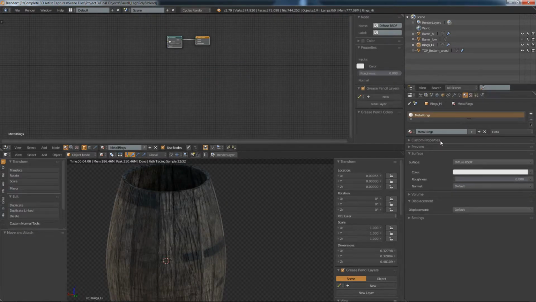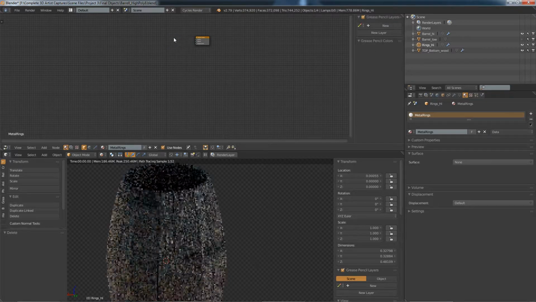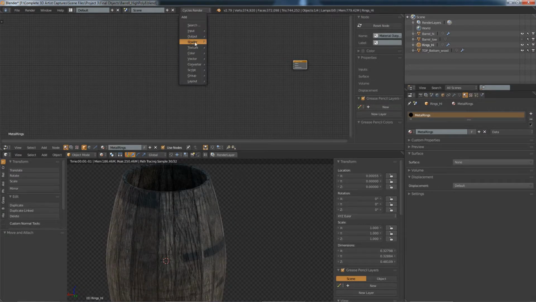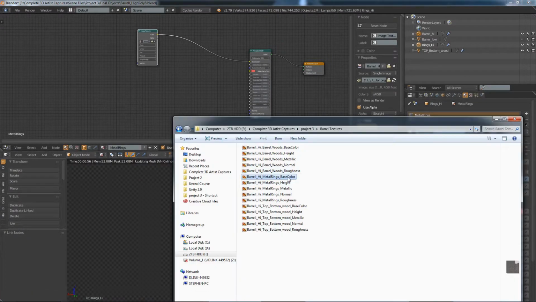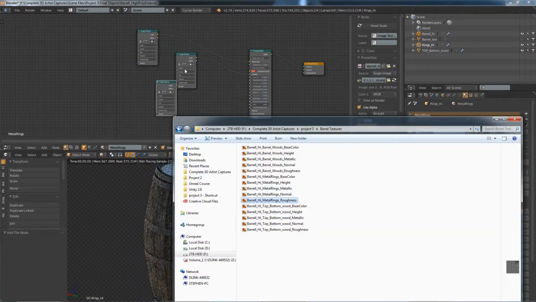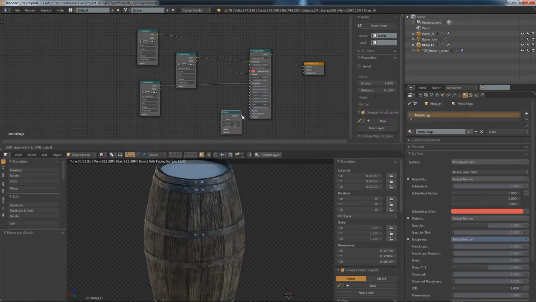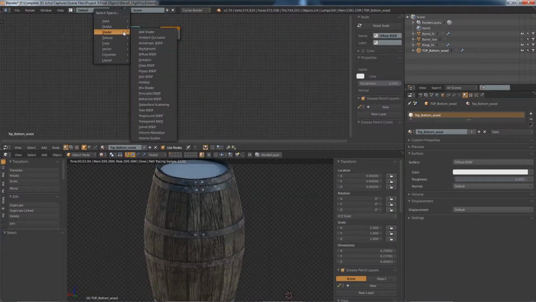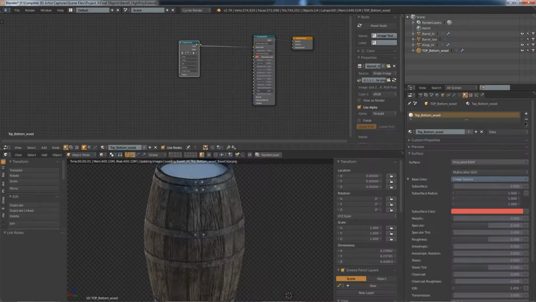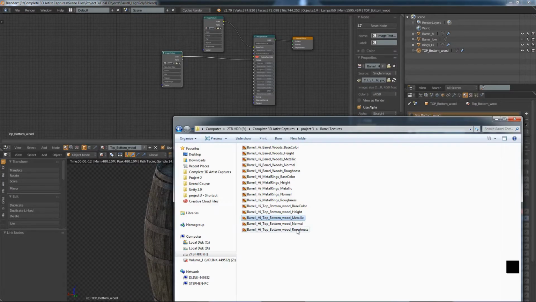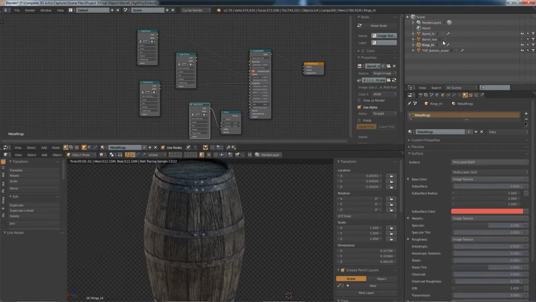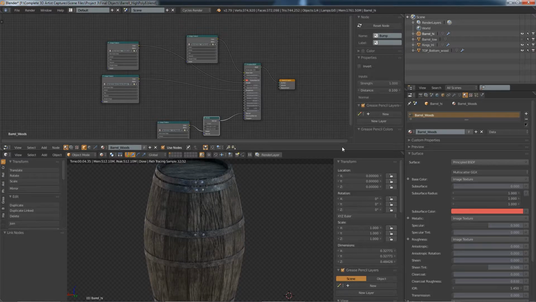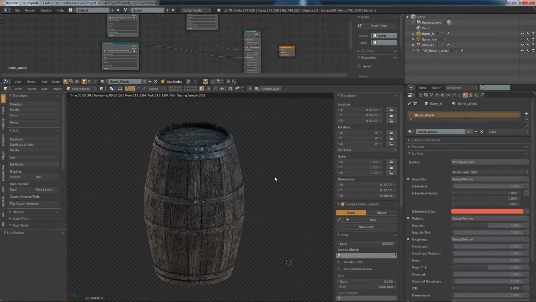Let's select the next one, and I'll just make up these textures and I'll speed up this part of the video. Okay, so that's all the textures built up, and we now have our high poly model with our high poly